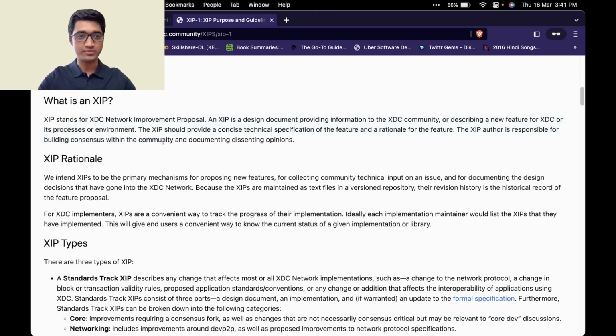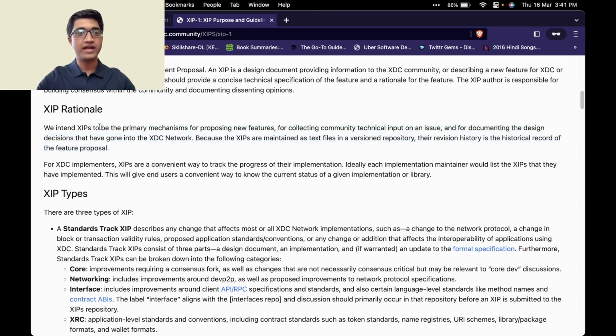So it gives a brief description of it, and the rationale behind having an XIP system, which is to have a democratized way of enabling the public, the various stakeholders of the XDC ecosystem, and the overall community to contribute in a way which is completely democratized. If there is someone who is a part of the XDC community who is also technically inclined enough to be able to make any changes to the